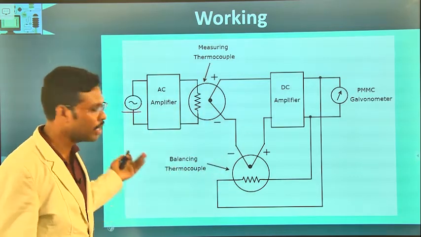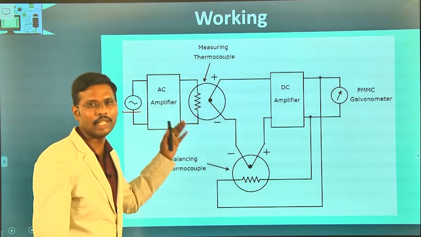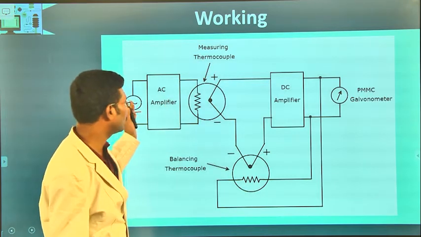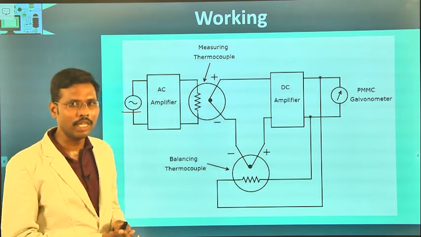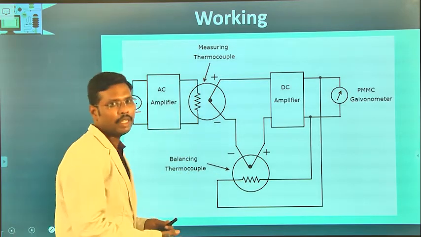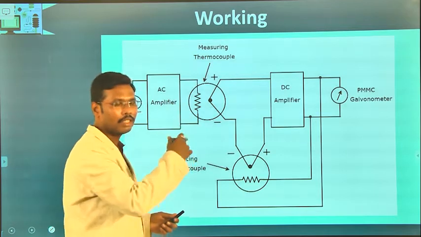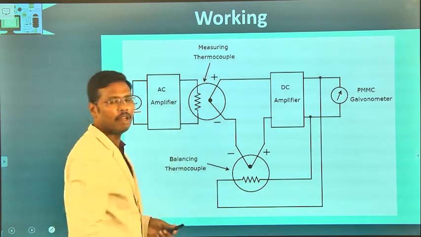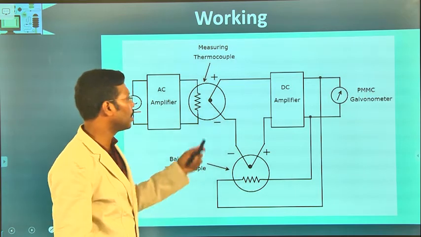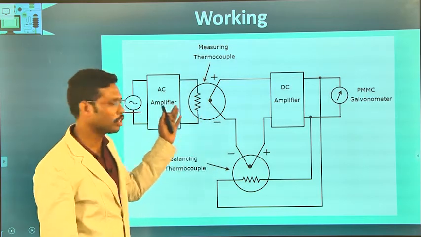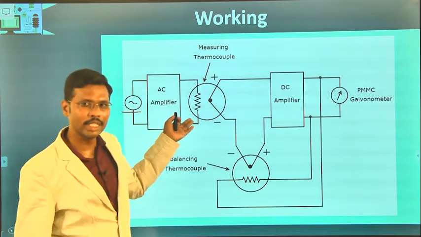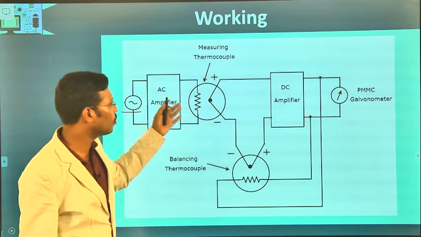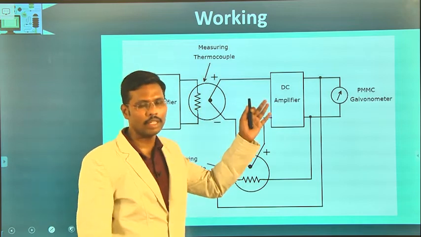For efficient measurement, we can replace this resistor with a heating coil also. So, when we apply this input signal via this amplifier to the heating coil, it will generate some heat, and because of that heat the surrounding area of this coil will also get heated up, and we will place a thermocouple within the proximity range of this heating coil. So, whenever there is a change in temperature of this thermocouple, it will accordingly provide us the output reading in